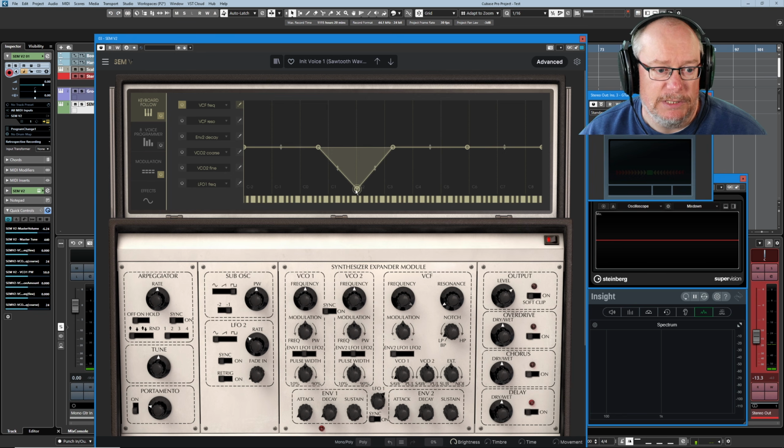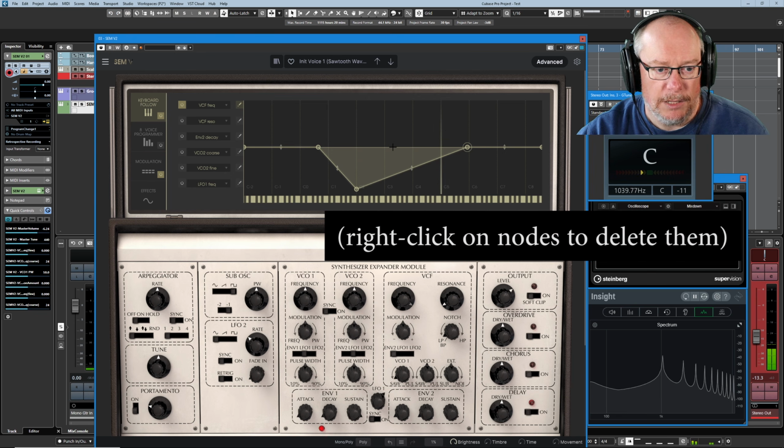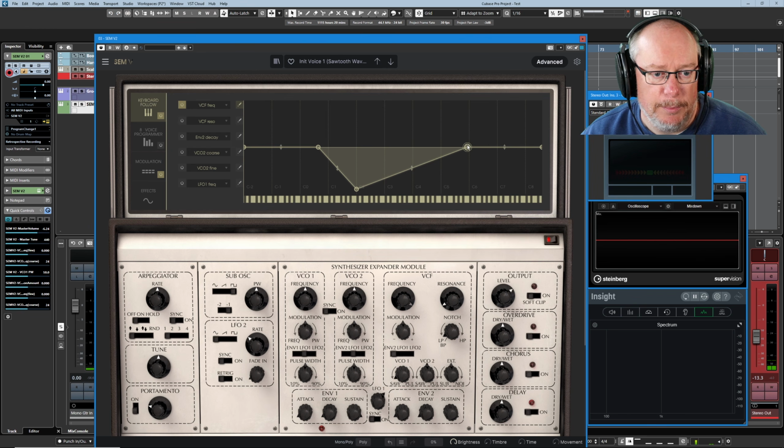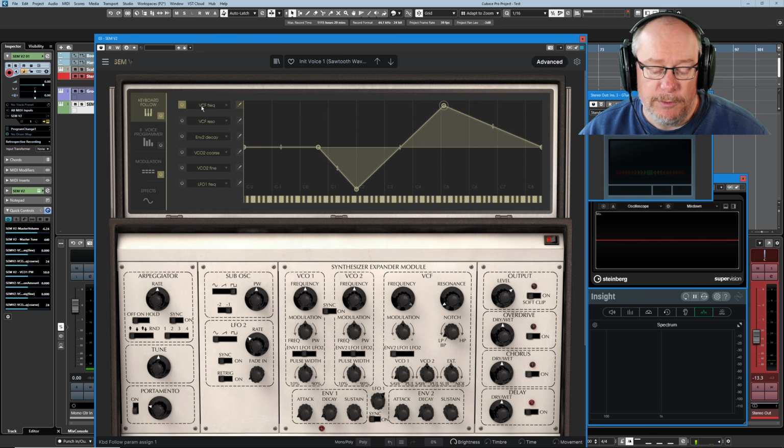You can have up to 32 steps in this thing. I'm going to get rid of that one in the middle. And there's where I want my upper range to be. So I'll pick this node up and drag it there. So now the frequency, the filter frequency, is going to vary from its minimum extent to its maximum extent around